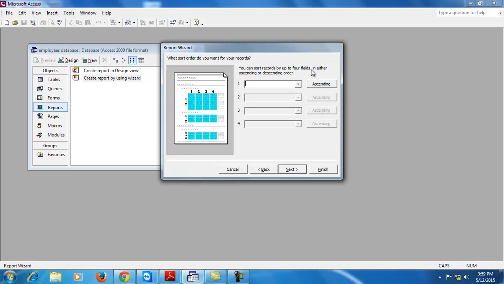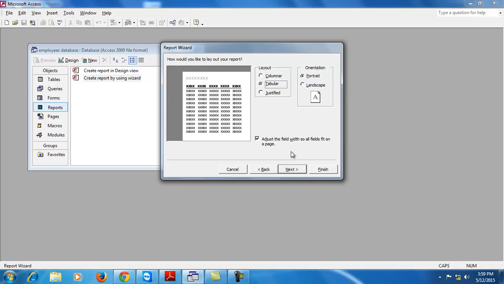Then if you want to arrange the records in the report in ascending or descending order, then you can select the field name by which you can arrange the records. For example, if you want to arrange the records by employee ID or first name or last name, then you can select the field according to which you want to arrange the records in particular order.